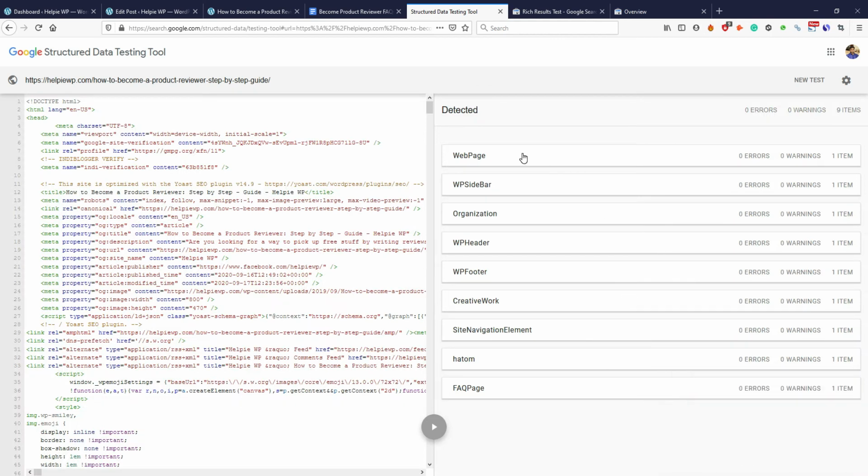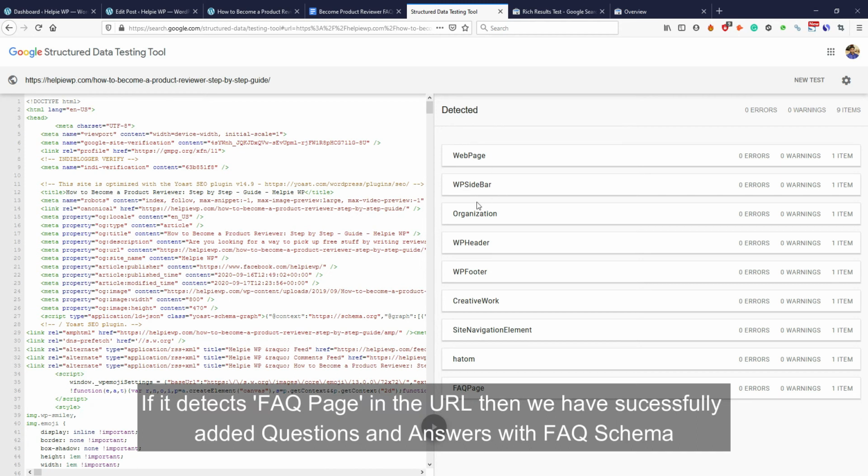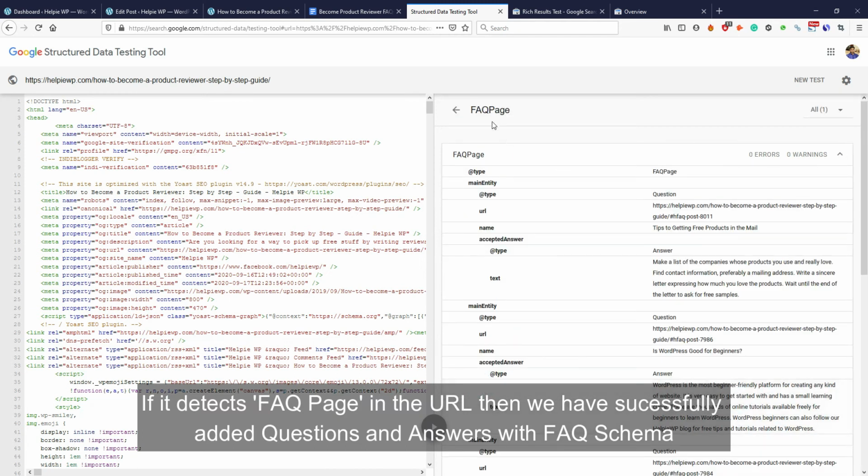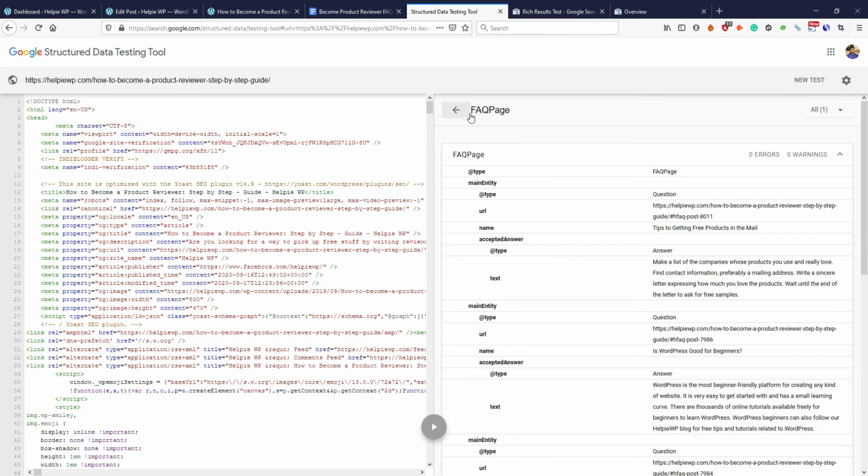We can see that there are several elements that are seen here, and at the bottom we can see that there is an FAQ page element here. So this tells us that we have successfully added schema to our page, FAQ schema to our page.